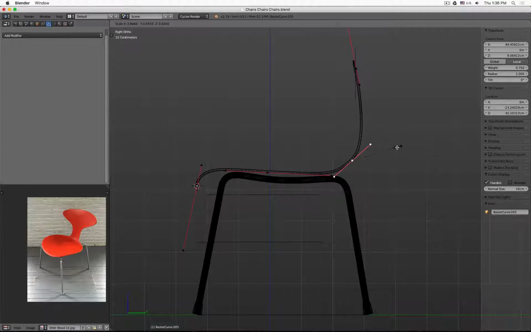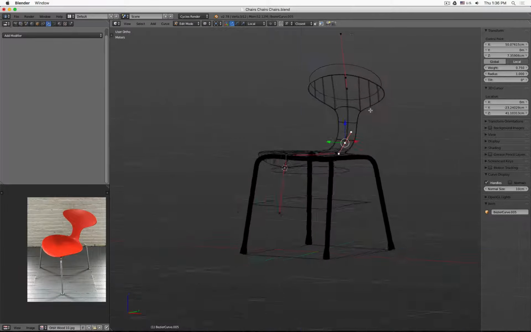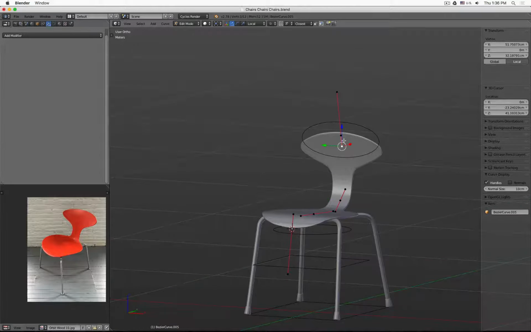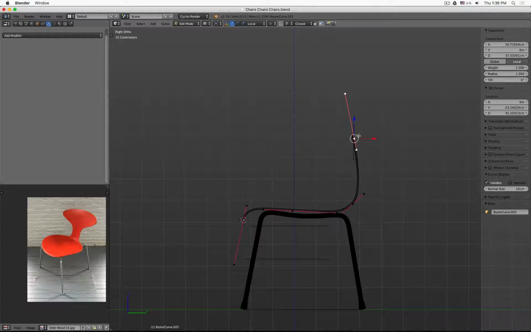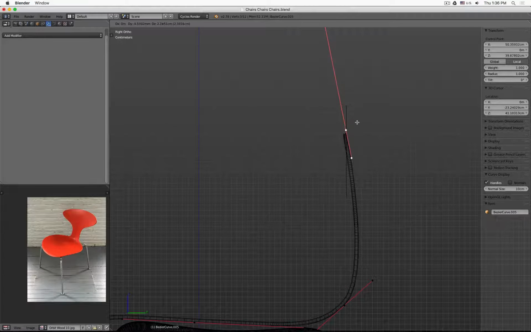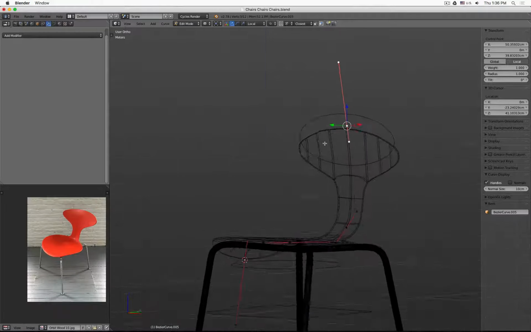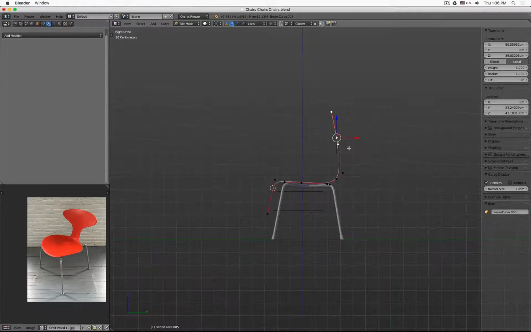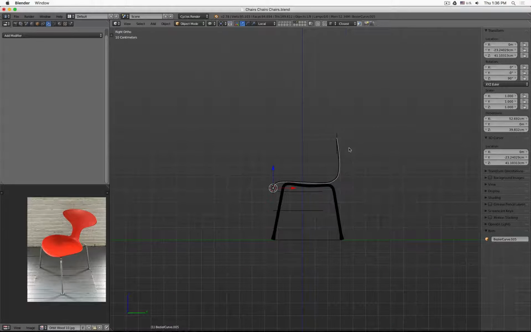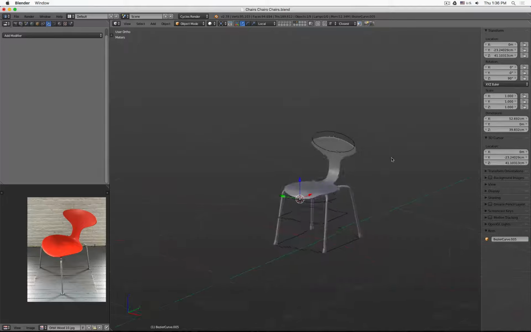And then here we have to adjust all the curves and points so they look good. This curve is shorter than the geometry, so I can bring it to there. Okay. So, this is pretty close to maybe what we had before, but this is flat,